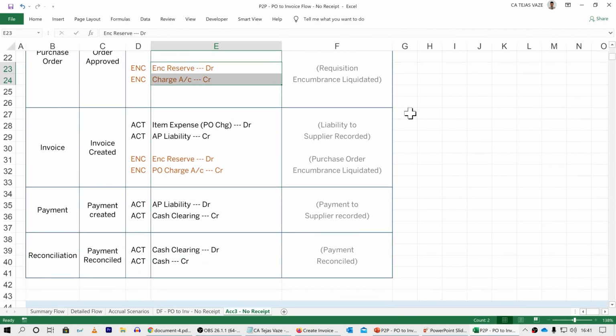See that this accounting is in line with the accounting which we have seen in earlier demonstrations. The PO charge account or the item expense account has been debited, tax account has been debited, and liability account has been credited.